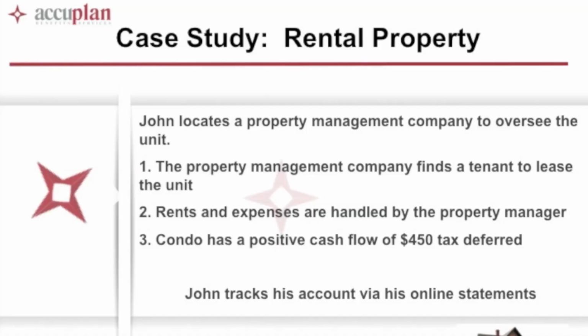As he's renting the property, something to keep in mind, this is a more common question that comes up: what happens to, in this case, the rental income? All rental income is sent back to the IRA, accumulated or deposited into the self-directed IRA account, tax deferred. In this case, it's going to be tax deferred. If it was a Roth IRA, all accumulation of rental income would be tax free after they've met the milestone of 5 years and 59 and a half.